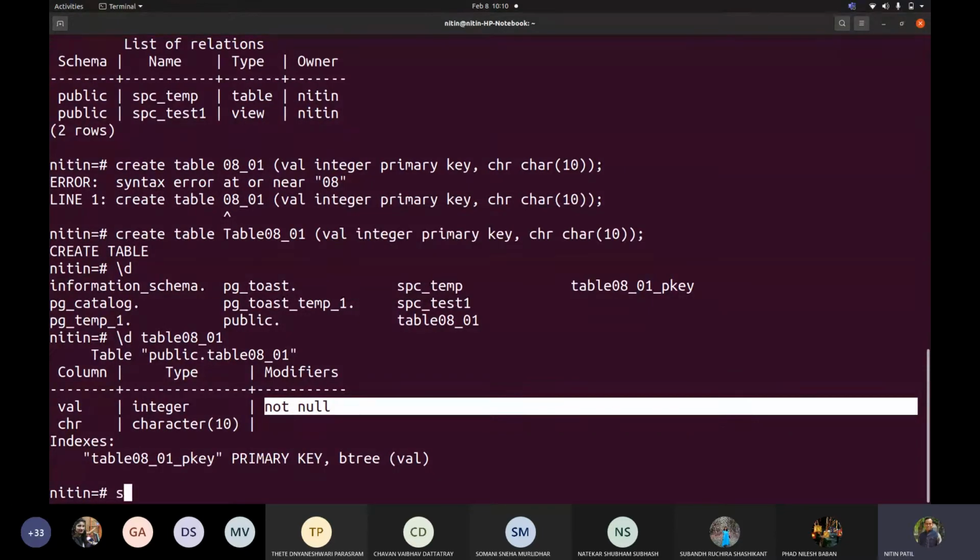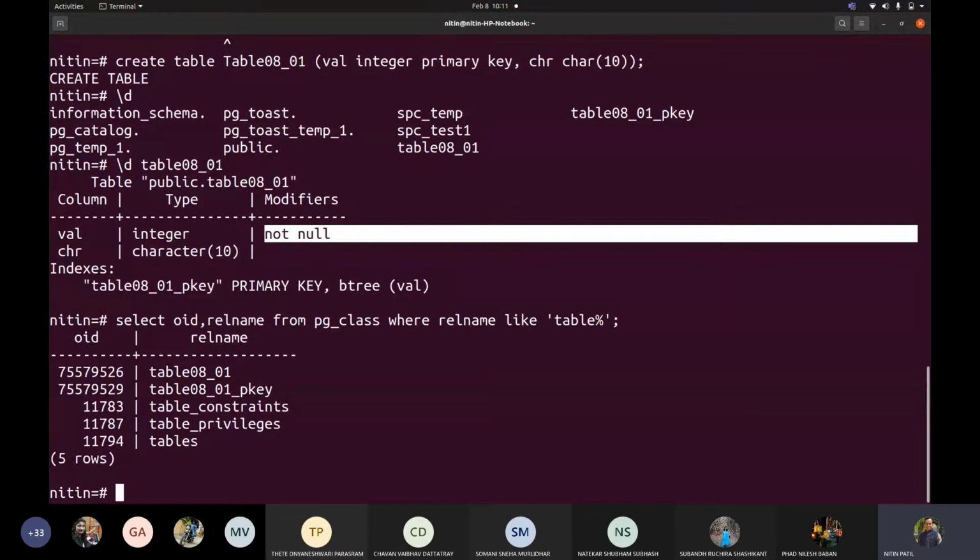Fine. Now if I go to select OID comma rel name from PG class, this table holds information about all objects that you create. It could be a primary key, it could be anything. So let us say where rel name like, and we have given it as table percent.